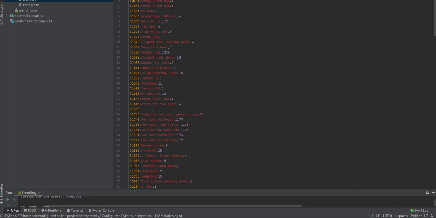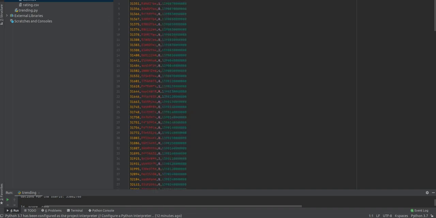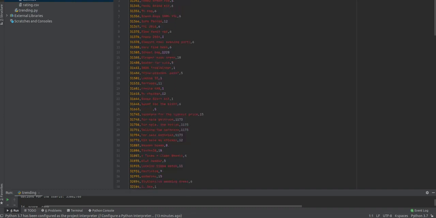And this is our data set. Here you can see the first one is our ratings. In this data set we show the users' ratings for particular items with a particular item ID. And this is our item CSV, which has product ID, product name, and category IDs. These are the IDs of product related.